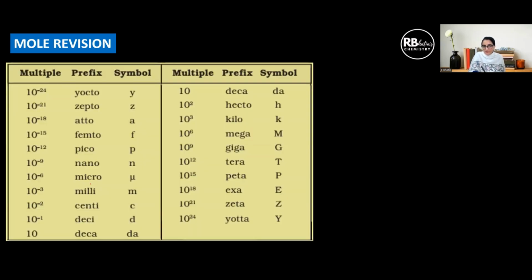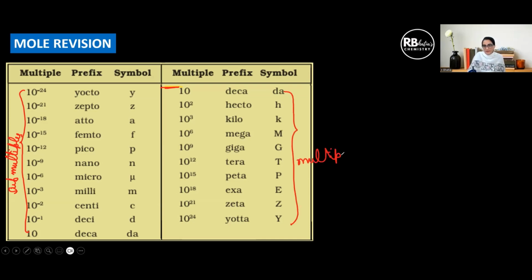And this is a table that you need to understand. And this is very important to learn, children, the prefixes, suffixes, and how do we read it? Like, for example, if I take here at this point, if I have a meter, all these are called submultiples, the powers which are with negative sign, and all these with the positive powers of 10 are called multiples. Multiples and submultiples. How do I read it?